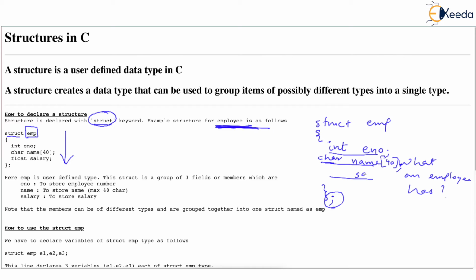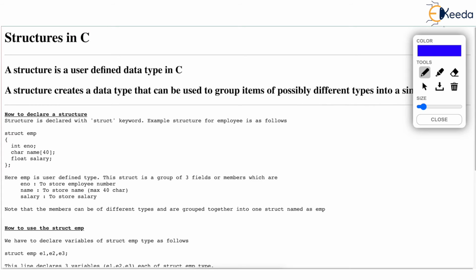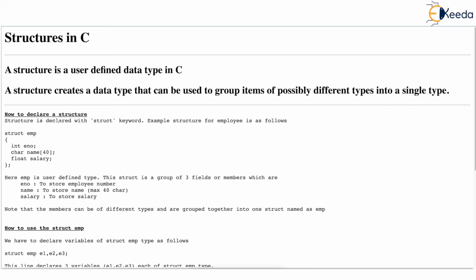And then salary. So declare a member salary which is of type float. Salary can be in rupees and paise. And more members you could have declared here, but I have stopped at declaring only 3 members. So you see this declaration. Here we are announcing that every employee in our company has an employee number which is integer, name which is a character array, and salary which is float.